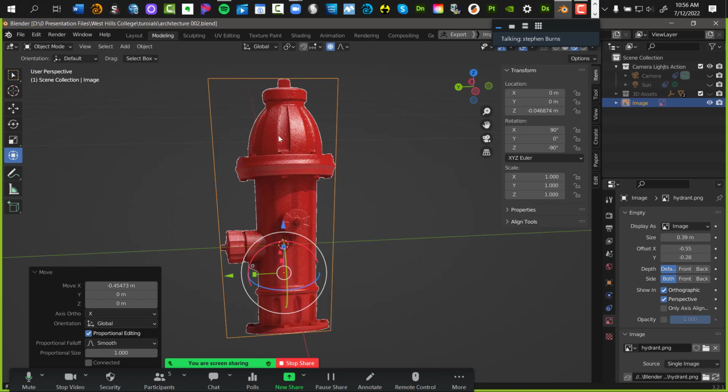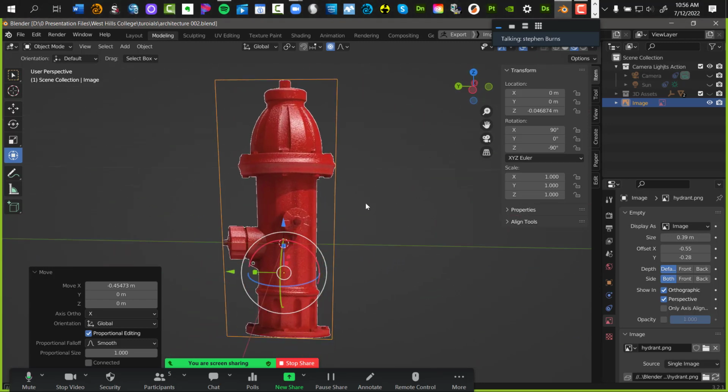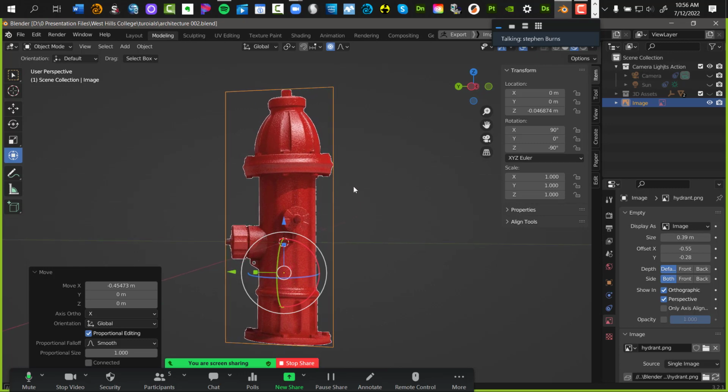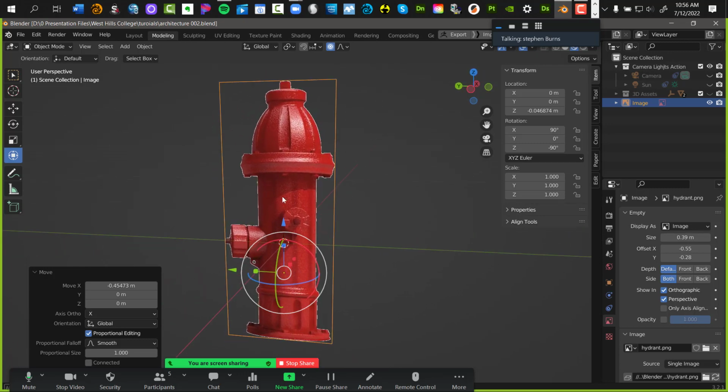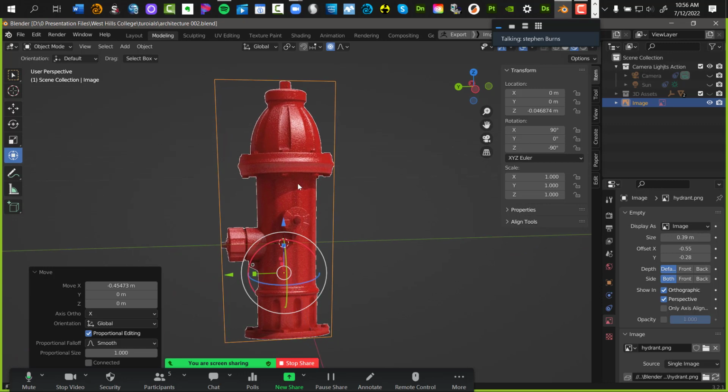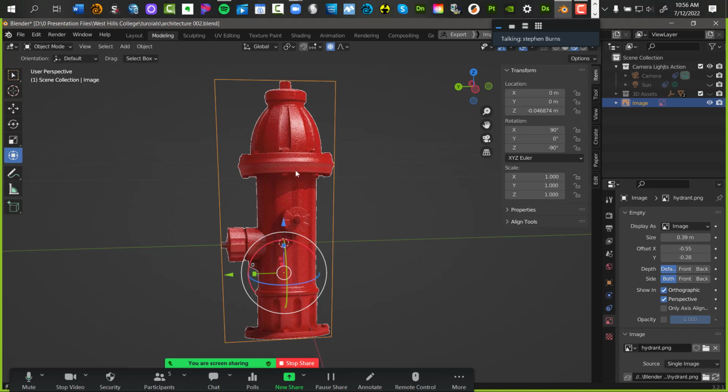So the stark, strong nature of the photographic image may get in the way a little bit of our 3D objects. Now, we're going to tell this image to become transparent, maybe like 40% transparent. So with this image targeted, if I come down here to the bottom, look on the right-hand side. Right beneath all my 3D assets, I have the image selected.